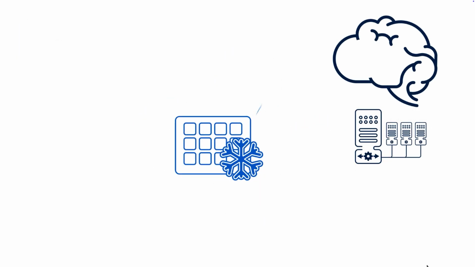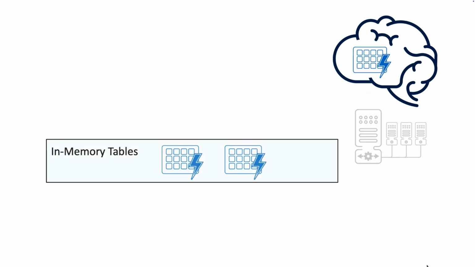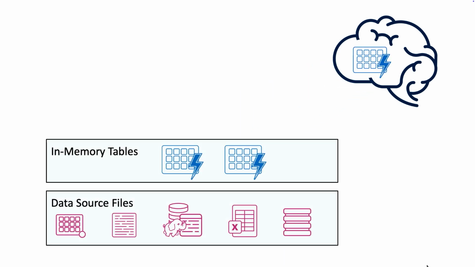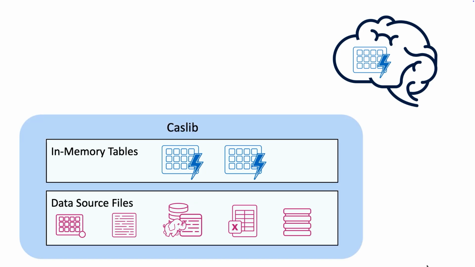For programs to process in CAS, data must be loaded into memory. In-memory tables and the associated physical data sources are organized and referenced via CAS libs. Depending on your permissions, you can create your own CAS libs or leverage CAS libs defined by your administrator. Each of us has access to a personal CAS lib named CASUSER, in which we can load in-memory tables